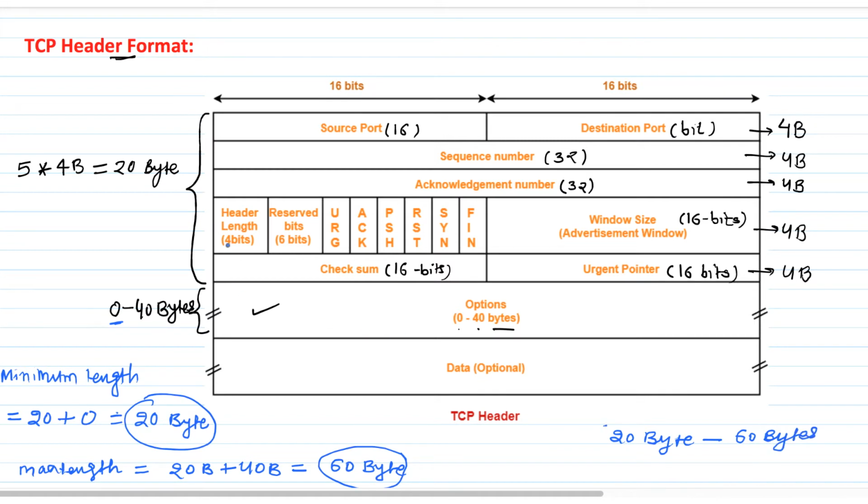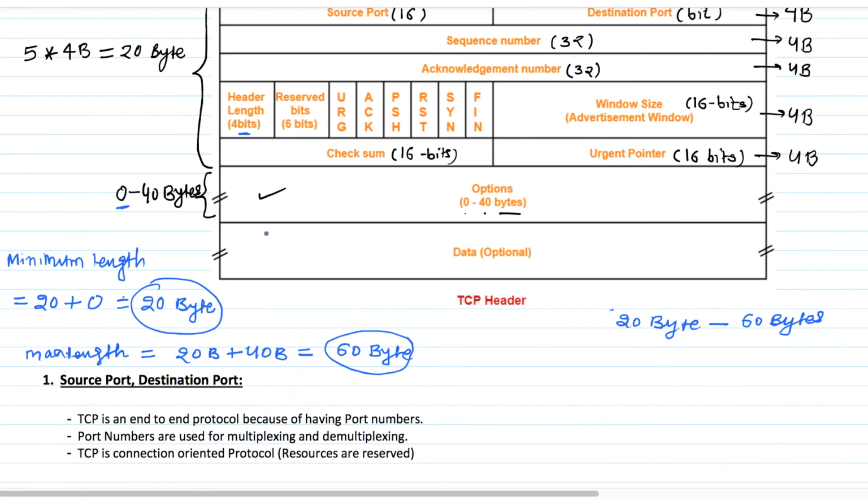But as we can see, we have only 4 bits in the header length field, which means the maximum number we can represent using these 4 bits is all ones, that is equal to 15. This is the maximum number we can have with 4 bits. So like the IP header format, here also we are going to use a scaling factor, such that the maximum size is represented by 15. It will be 4.